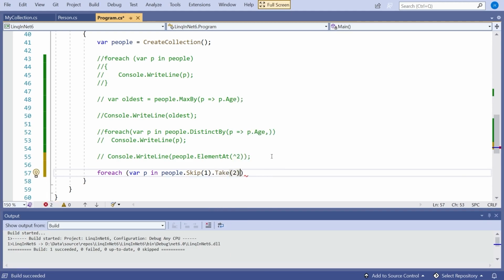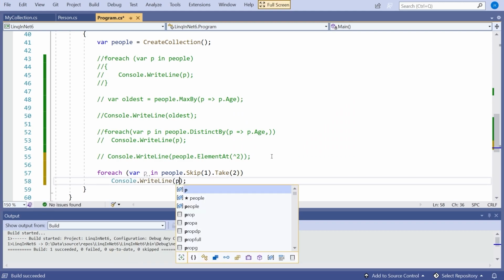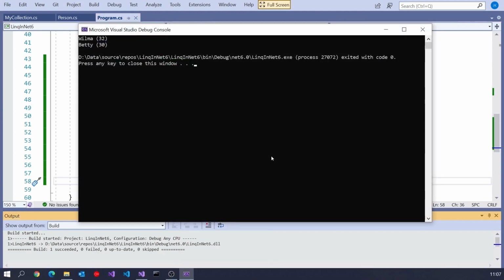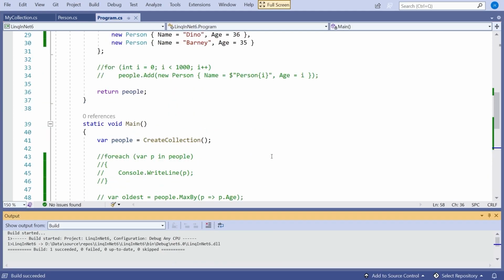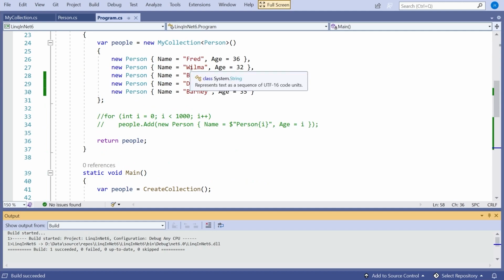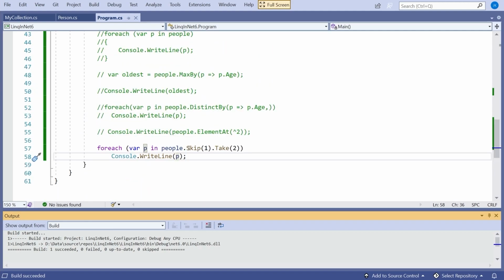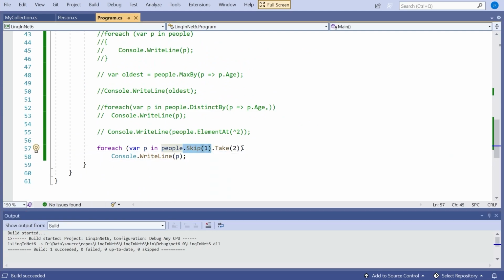So that means don't start at the beginning, move in 1 from the beginning, and then give us back the next 2 elements. So if I just do Console.Write of p there, we can see we get Wilma and Betty because we've moved on 1 from the beginning to get Wilma, then we take 2, so we've got Betty. But now I can simplify that, and it's not a huge improvement, but it means I could now do